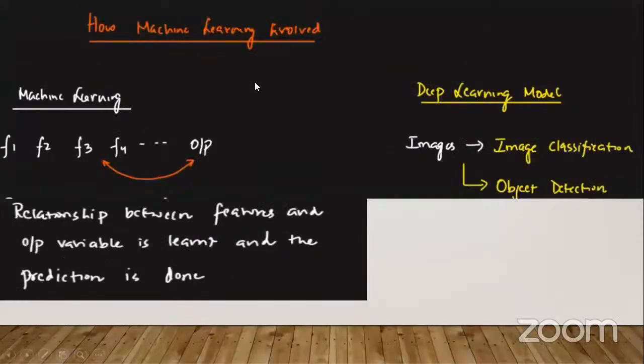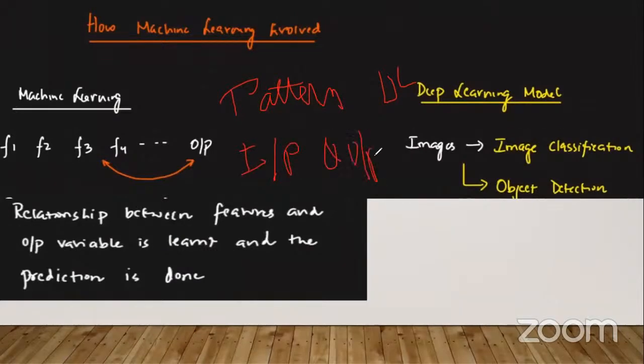And then, what is the basic difference? When we train any machine learning model, or for that purpose any deep learning model, these models try to find out the pattern between the input and the output. This is what usually happens if I am giving any kind of structured data